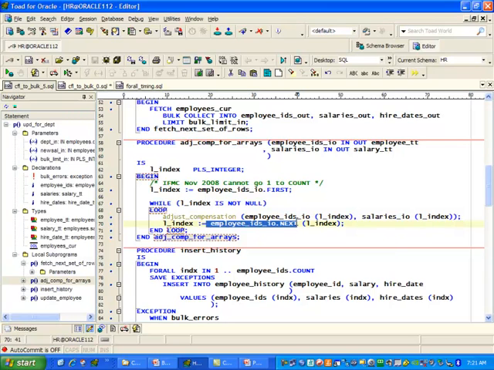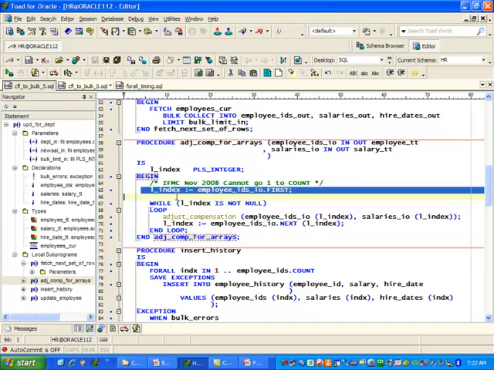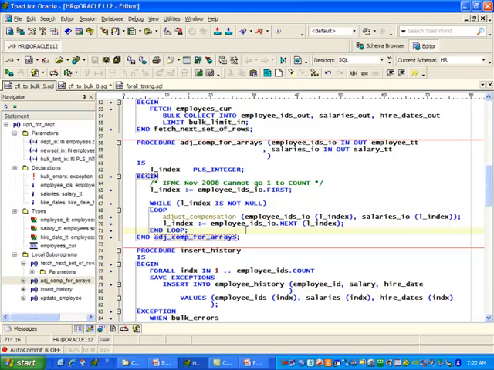So you always need to be careful about when you can make assumptions about an array being densely filled. And if you can't guarantee that, make sure you always use this kind of loop to iterate through the contents of your collection. So that's my phase 2. Adjust the compensation, massage the collections, get them ready to push into the database. And then finally,